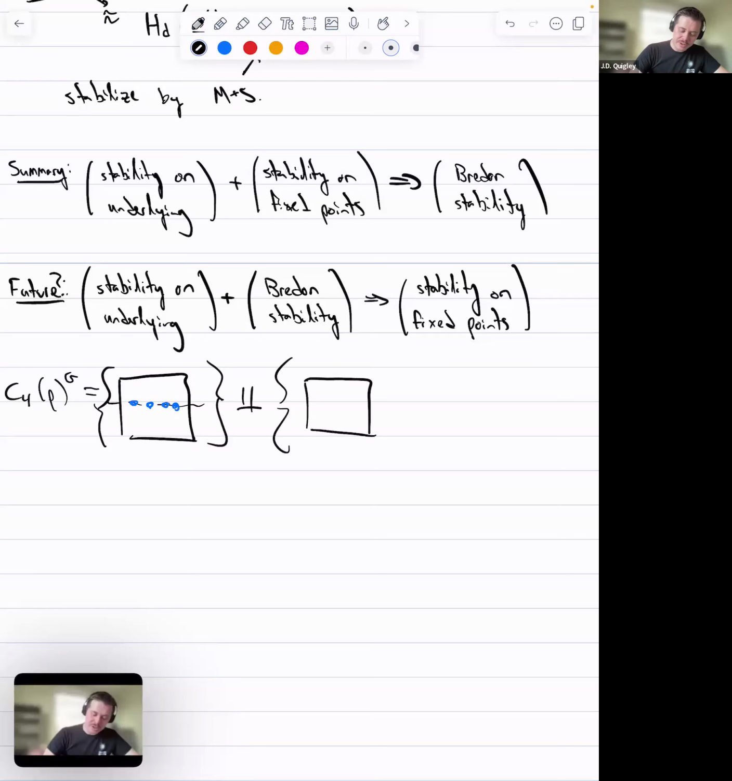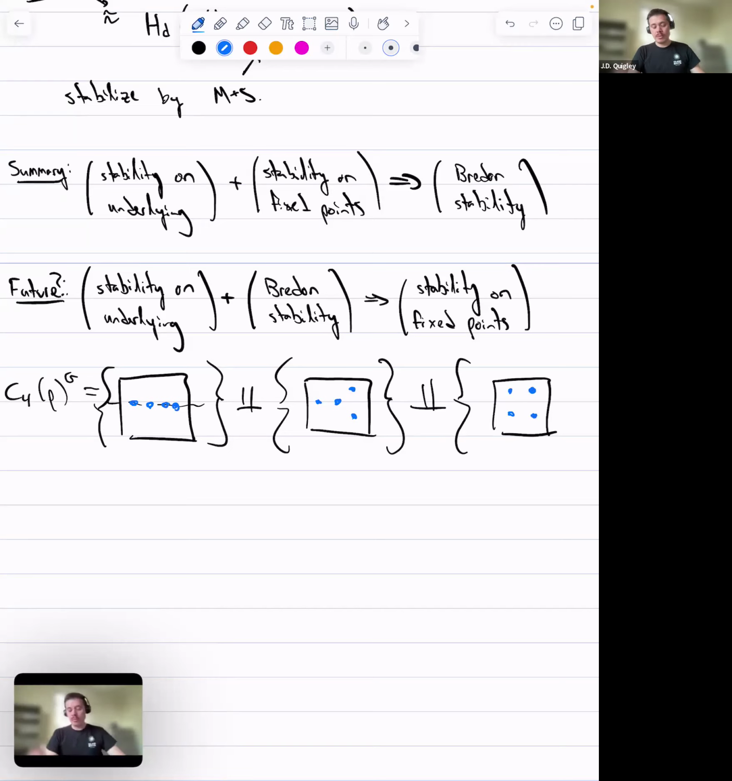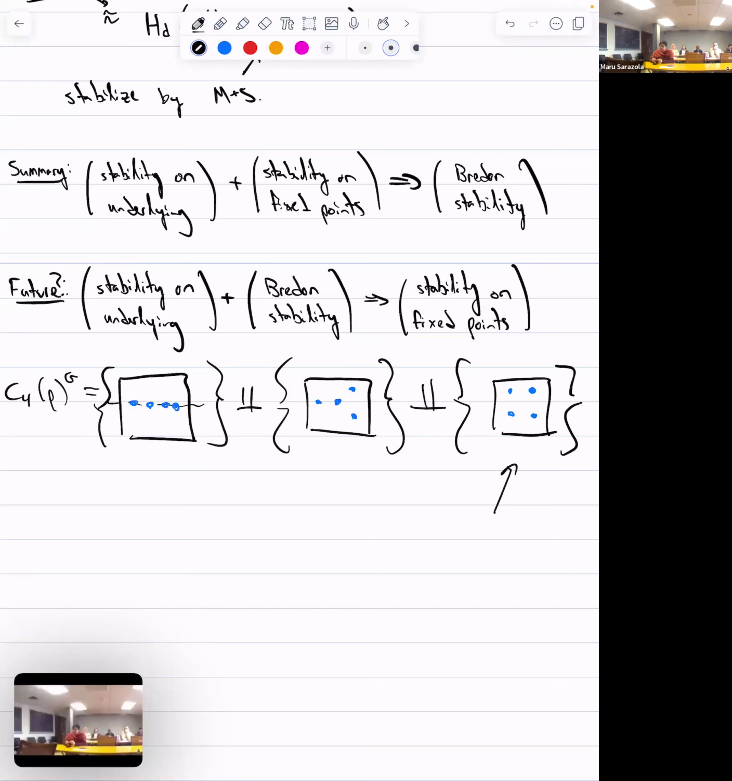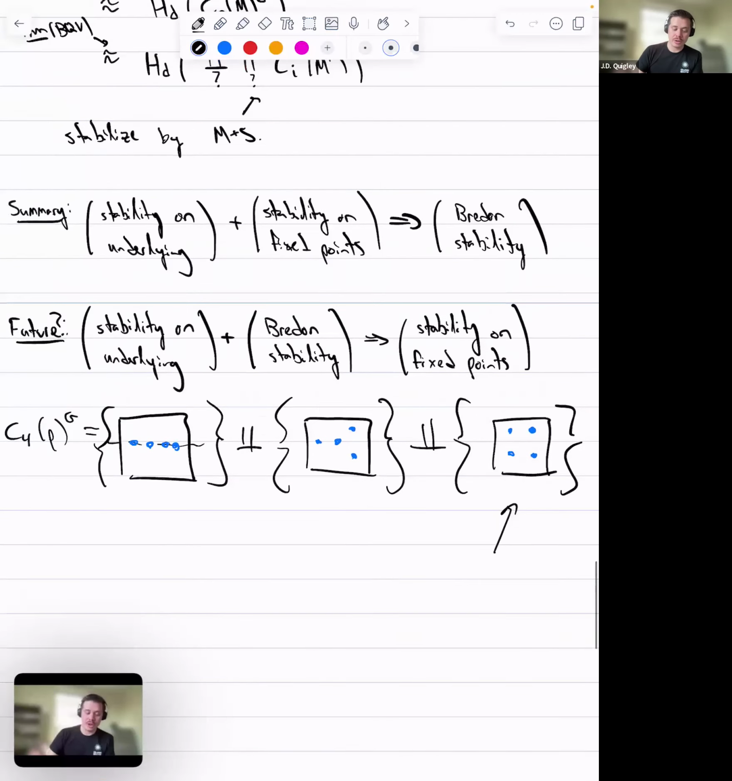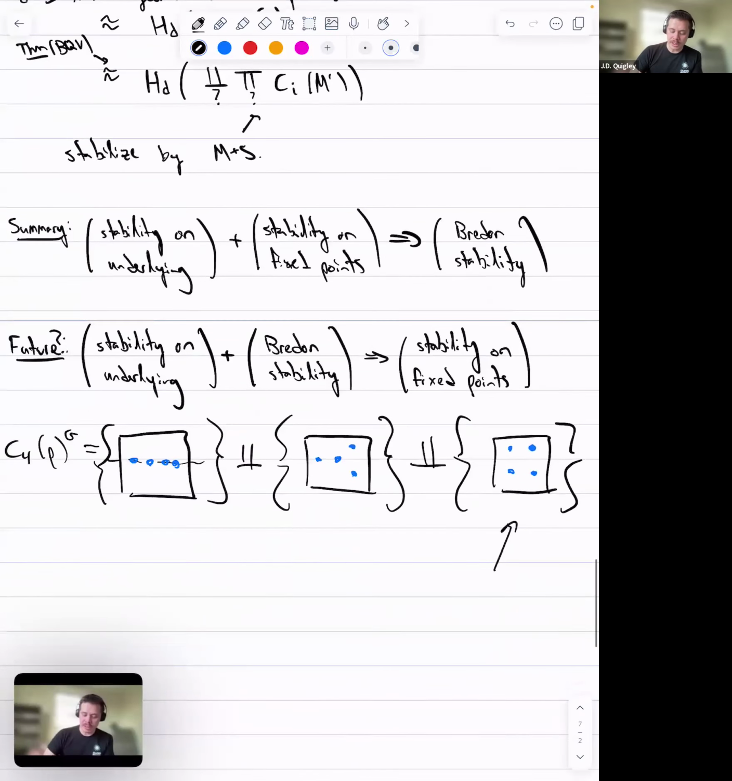I have my configurations of 2 fixed points and a complex conjugate pair. And I have configurations of 2 complex conjugate pairs. And is your question like, how does this new component get hit, or is it something else? Yeah, that sounds right. Okay, yeah, so the idea is this new component is going to be hit by inside